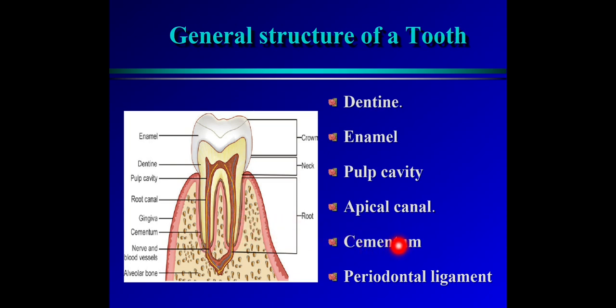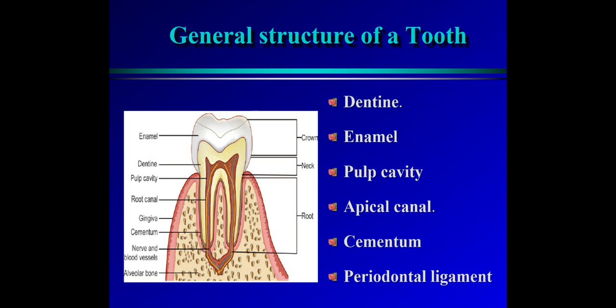After that, the next part present here is the cementum. The crown part of the dentine is covered by the enamel. Just the same, the root part of the dentine is covered by a structure which is similar to that of the bone, called the cementum. This brown structure seen here is the cementum. It is continuous with the enamel, but it covers only the root portion of the dentine. That cementum is connected here with the alveolar process by a fibrous material called the periodontal membrane.